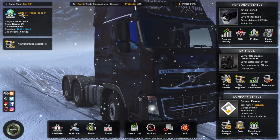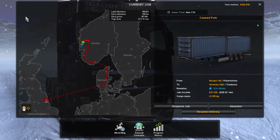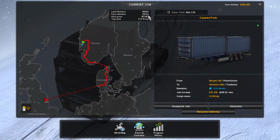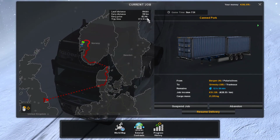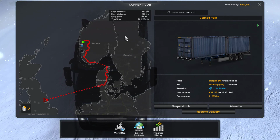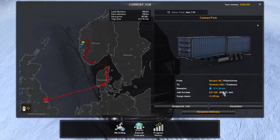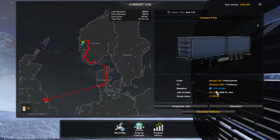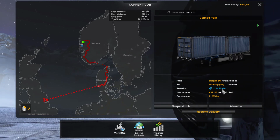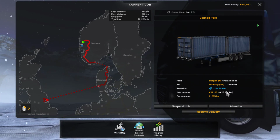Huh. Well, what do you know? I guess I didn't take any pictures of the last trip. So this is what they're telling us: 994 kilometers by land, 760 kilometers by ferry, with a ferry price of 2,366 euros. Trip time of 37 hours and 33 minutes. Since this is a World of Trucks contract, I'm not worried about getting there, as long as it's 12 hours, 53 minutes. As long as the job is completed in real time, as I'm sitting here, 12 hours and 53 minutes,